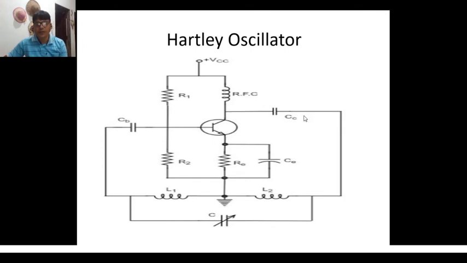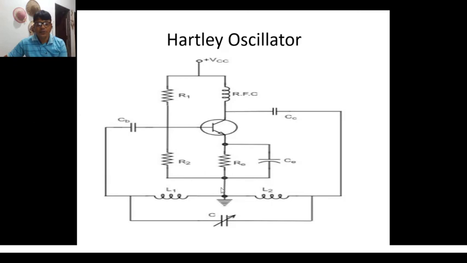The feedback energy from the output to the input is obtained through the auto transformer. So whatever output you get, a fraction is again fed back through the auto transformer to the input. Thus the energy is fed back into the tank circuit by means of mutual inductance between L1 and L2. This energy supplied to the tank circuit overcomes the losses occurring in it. Consequently, oscillations are sustained in the circuit.